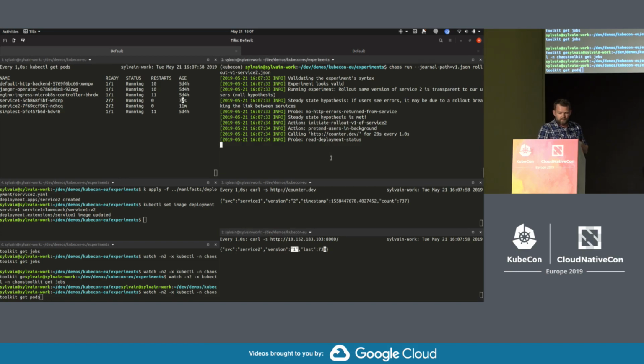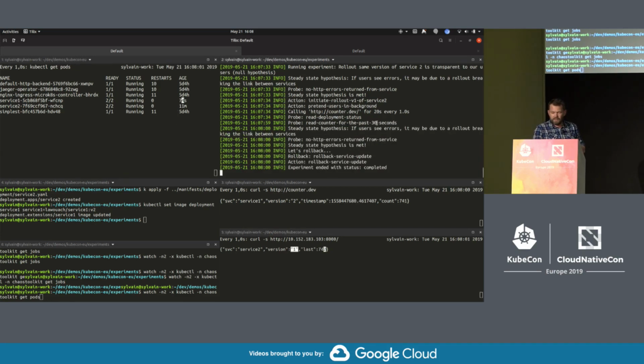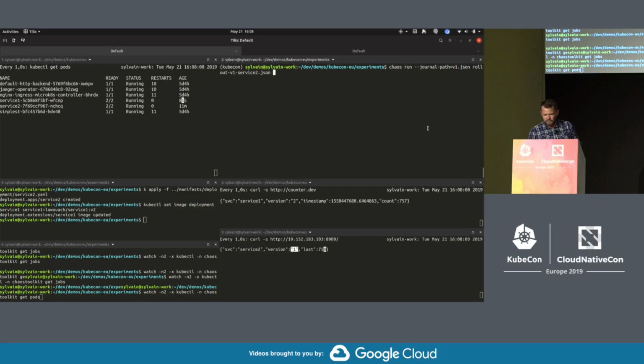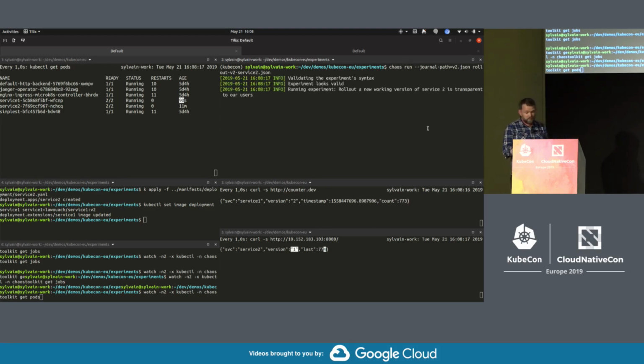So in this case, what we see is simply saying, okay, we knew we're already on version 1, so Kubernetes didn't do anything. There was no change, so to speak. It's good. It went through. Now, can we actually do a rollout of a version 2, which for the purpose of this demo is a version that is supposed to work.